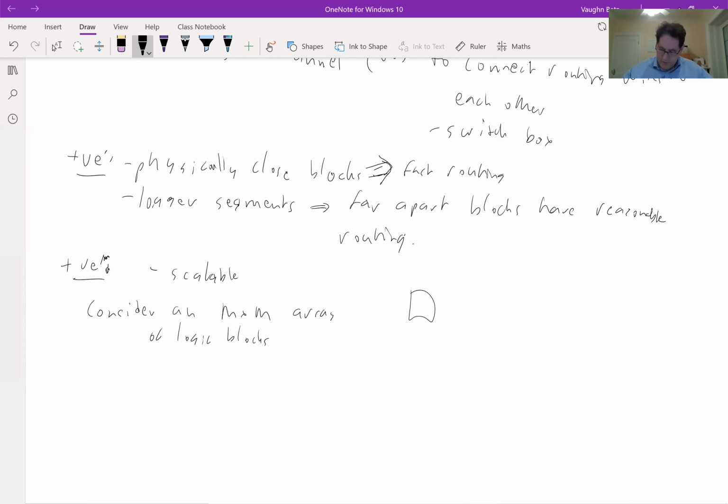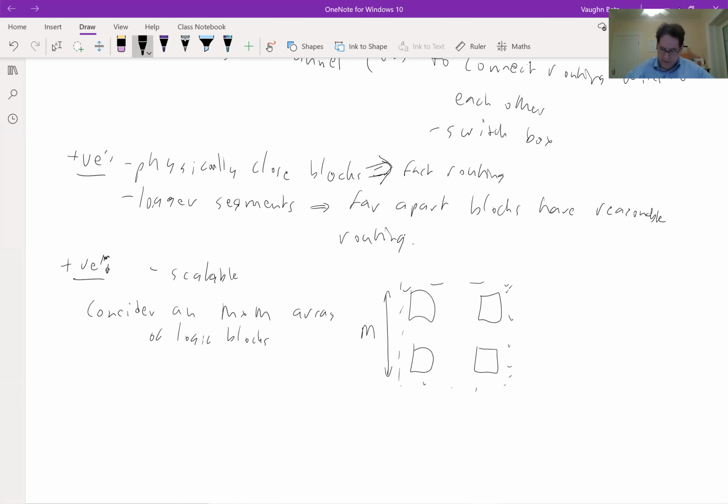Okay, so let's draw that out. So we've got logic blocks, and I'm defining the length of one side of this array to be M logic blocks. I'm just going to draw a box around that. That's the amount of logic that I'm considering. I want to compare how much logic I've put inside this box to how much wiring is coming